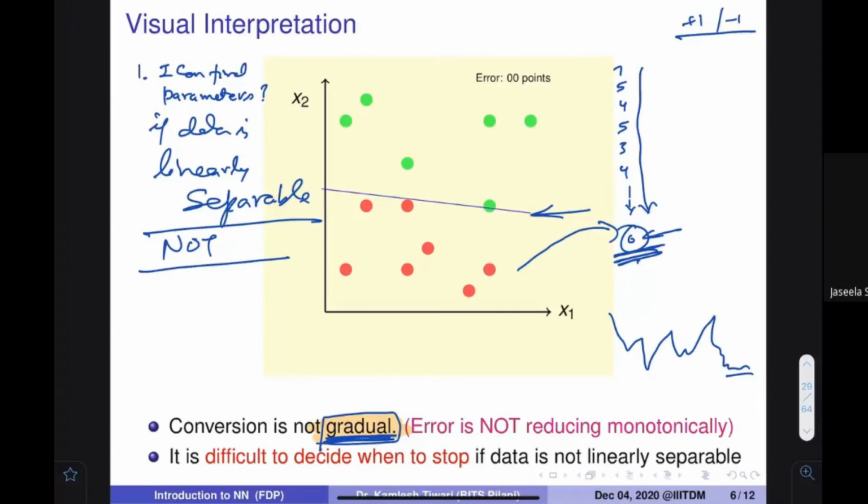But if data is not linearly separable, there are some red points here, some green points here, then I cannot draw a line on that. Then definitely I would have a problem. I don't know where to stop. Only the problem is I don't know where to stop. What to do in that particular case, we will talk later. Right now we have solved this particular problem for the cases when there is linear separability. Make sense? Okay. So should we continue? Please keep this particular point in mind. We will also be talking about this later. So we have solved a classification problem.